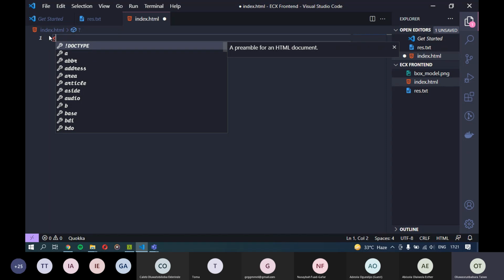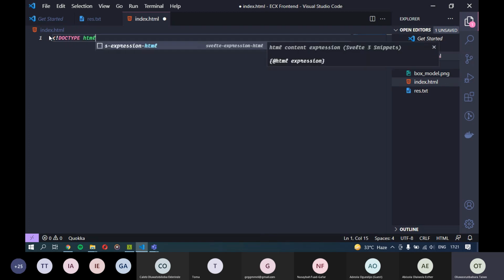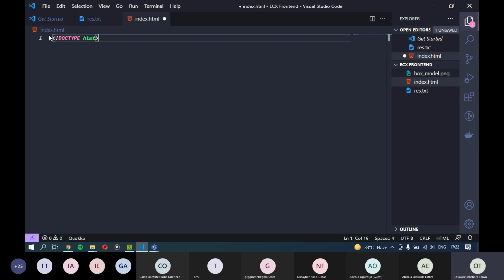So how do we do that? Exclamation, you open the tag by using the less than sign. Then you type DOCTYPE in capital letters, then html in small letters, and you add your greater than sign to close the tag. But this is not the closing tag per se. It's just to close the opening tag here. Then after you have your doctype html, now the browser knows that it's going to be rendering a HTML file.